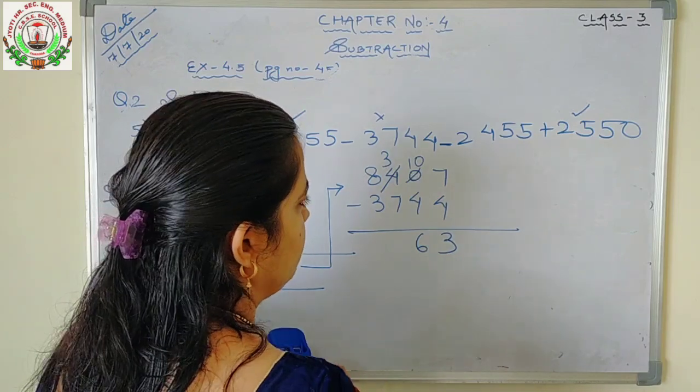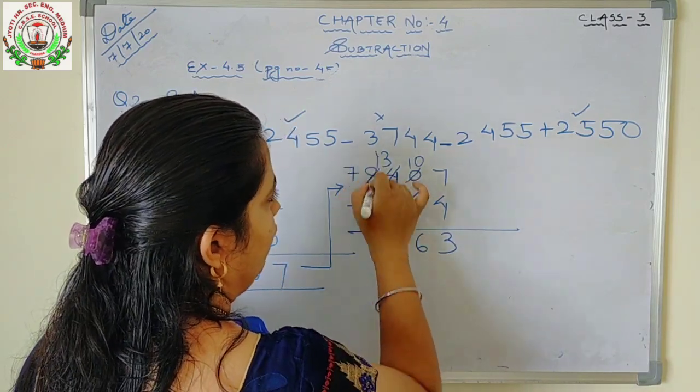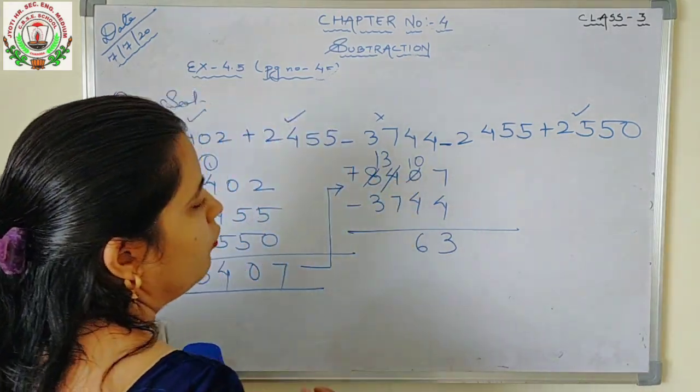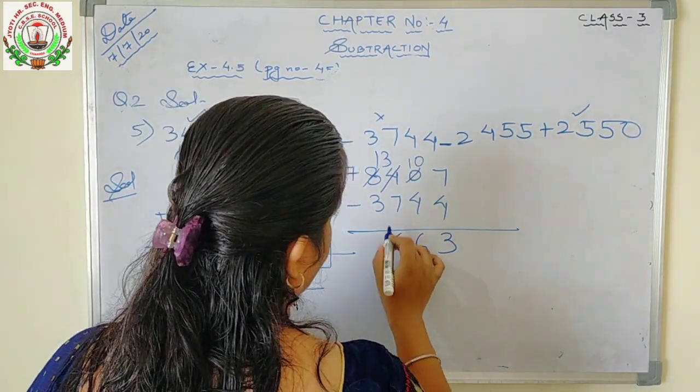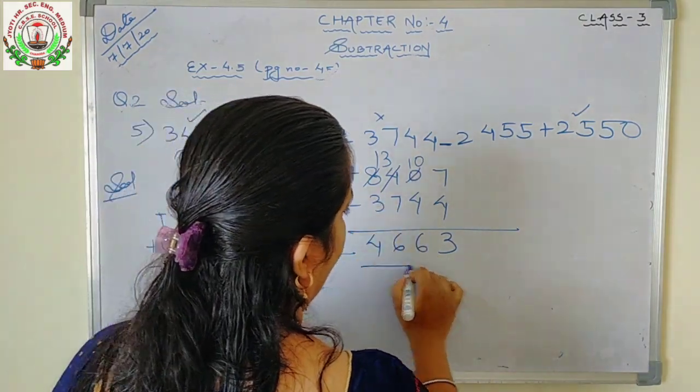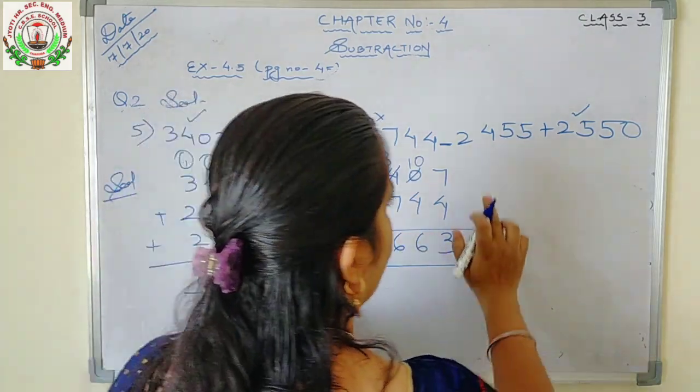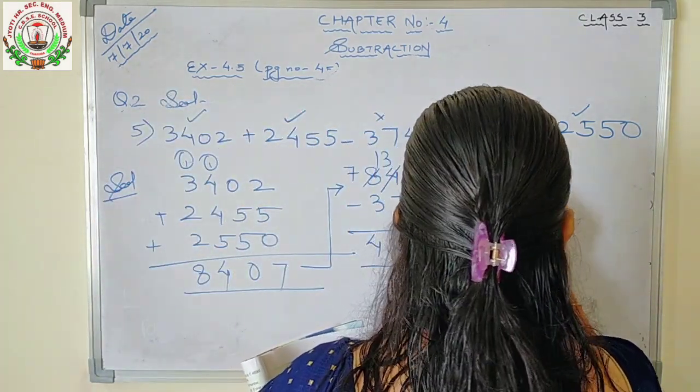3 minus 7 is not possible, so we have to take carry from here. 13 minus 7 is 6. 7 minus 3 is 4. Again we will take this number because one number is left out. Okay,